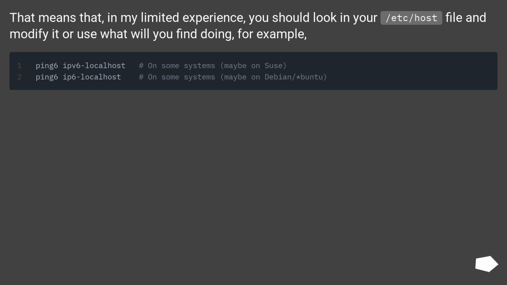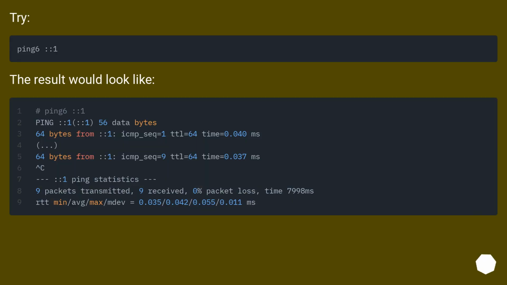That means that, in my limited experience, you should look in your /etc/hosts file and modify it, or use what you will find doing, for example, this. Try. The result would look like